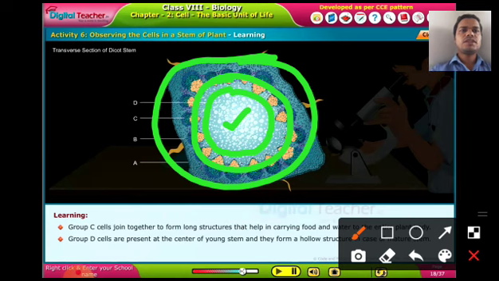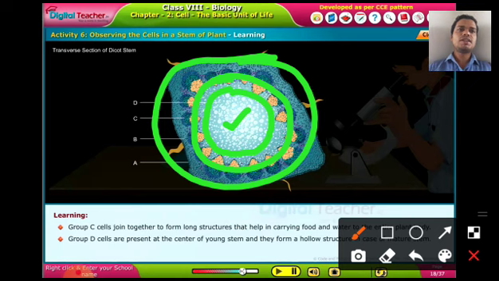Now all these cells are present in the human body, no? Then why are some cells like this and why are some cells like this? Because some cells have to do some special work, and other special cells have to do other special work. That's why their design and arrangement is different. Not only in human beings, in plants also the cells are different.